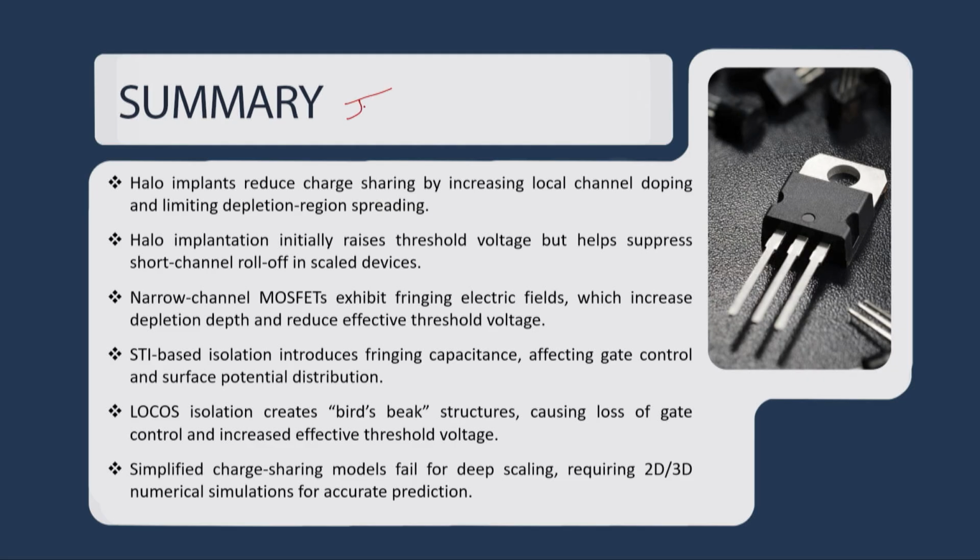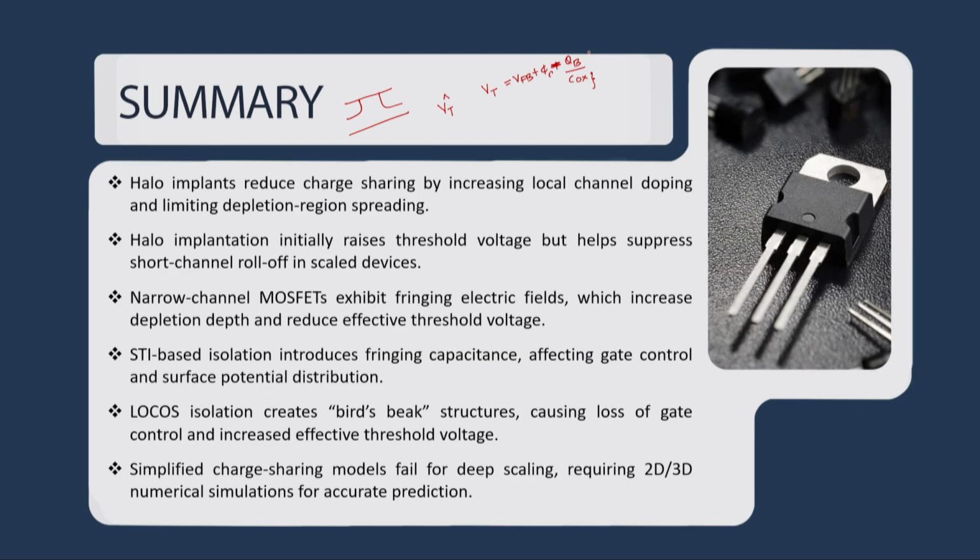So let me summarize this lecture. In this lecture we said that charge sharing is a severe effect which actually alters the threshold voltage. The best way to incorporate the charge sharing effect in our long channel models is to include it through a change in threshold voltage. We have discussed that in long channel devices the threshold voltage was given by V flat band voltage plus phi naught minus QB dash by COX. So when you go for short channel devices, the charge sharing effect will come into the picture,